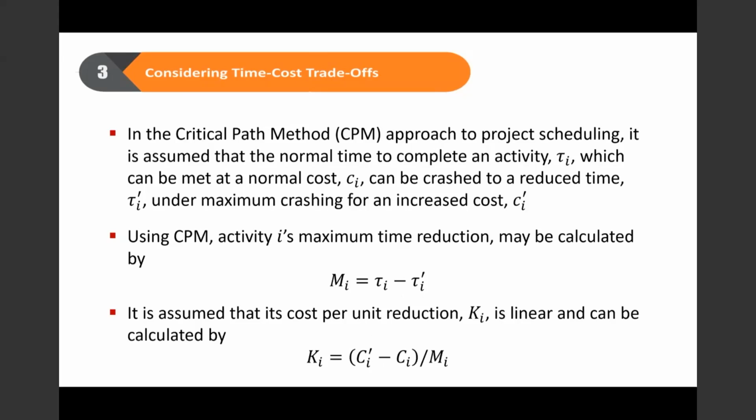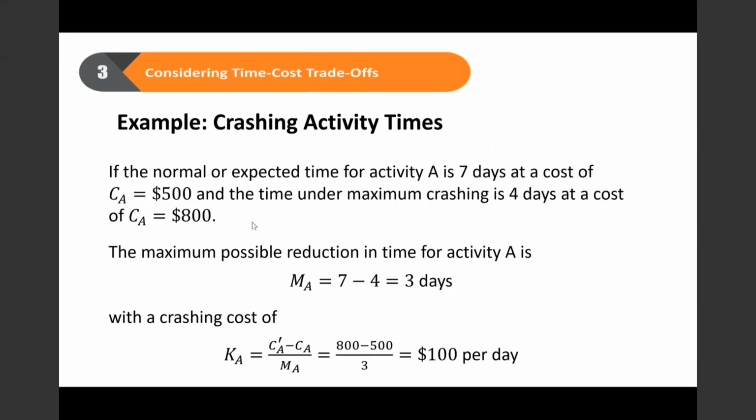Okay, let's look at how we calculate this. If the normal or expected time for activity A is 7 days at a cost of $500, maximum time under crashing is 4 days at a cost of $800. So, maximum possible reduction time: normal time is 7, maximum crashing, you need minimum 4 days. So I can potentially crash it for 3 days. That means I can complete it